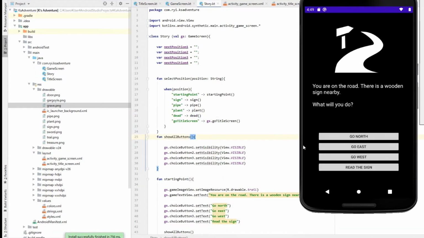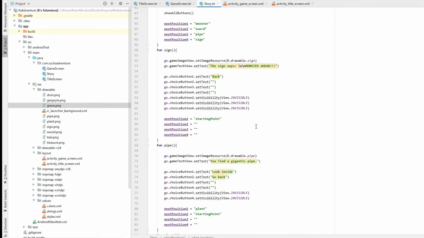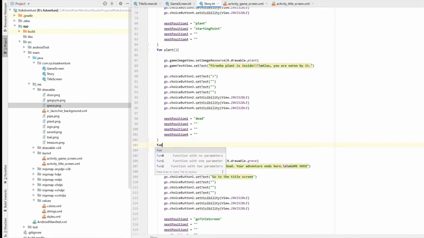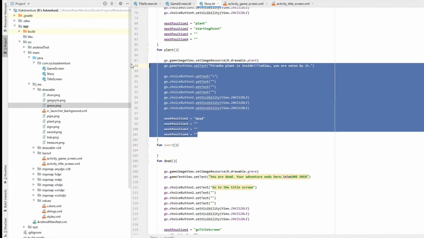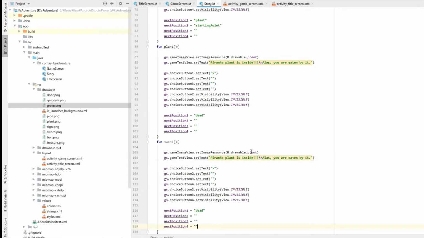Okay, then let's create this east part. Okay, so after this plant, another function, and name this as sword, and let's copy and change the image sword, I think, sword, and text, amazing, you find a master sword, and line break, and you have a master sword now, and the first choice is back, and the starting point